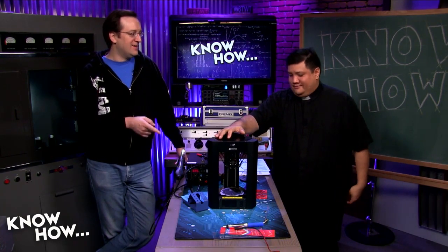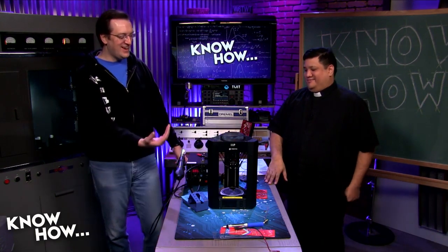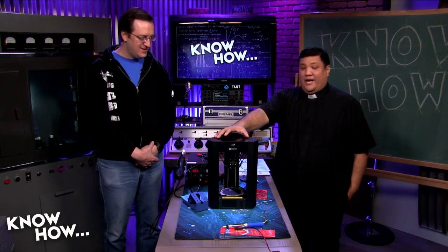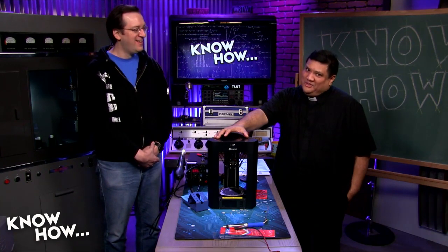It looks a lot like my hand in a jar that we did a year ago. You could actually have this print the hand in the jar, and just close it off. Yeah, I just need the hand in there. Oh, by the way, I did test. I was able to attach an external power supply via a battery and turn this into a backpack printer that was printing as I was walking. It wasn't the most accurate when I was doing that, but...